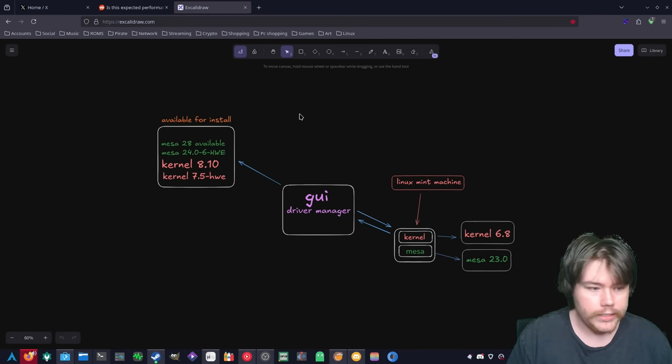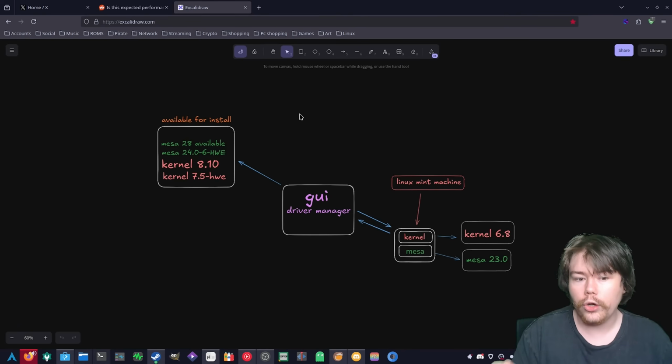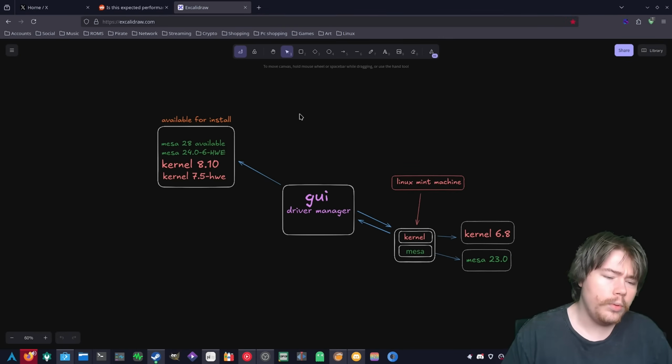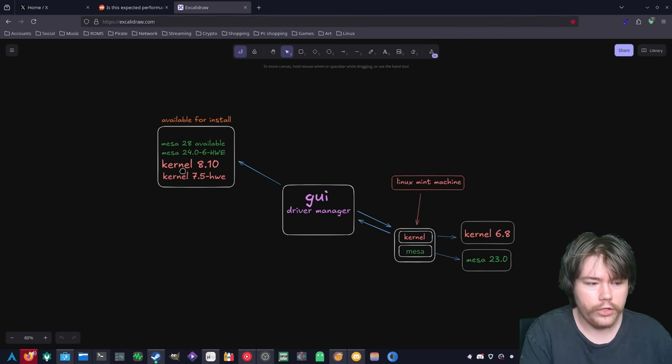I do know that, but it only allows you to go so high based on the Linux Mint's repos. So that causes a problem where you're not able to get the latest kernel, or you have to wait 6 months for that hardware enablement. So I don't know if this is already available when it comes to the kernel having hardware enablement out of the box, where you can install it through the driver manager already. I don't know if you can do that, but what I did here was we have the kernel and Mesa